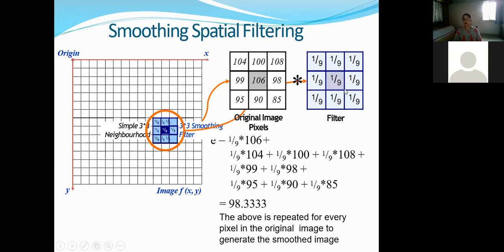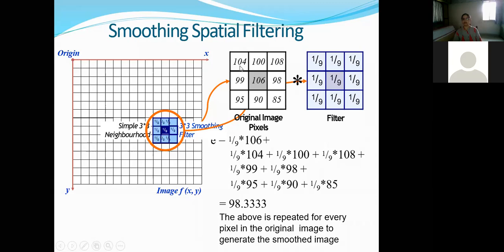So we take 2D convolution, which means we multiply every pixel value with the respective filter coefficient, and then we add all these products. We can determine the new value of this pixel E by using this mathematical computation.